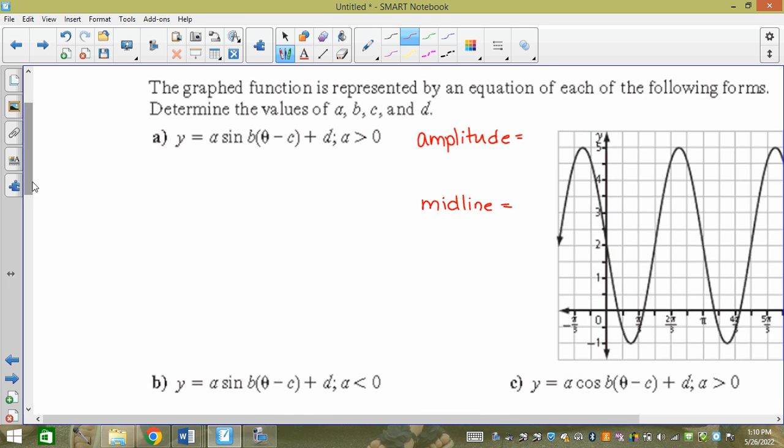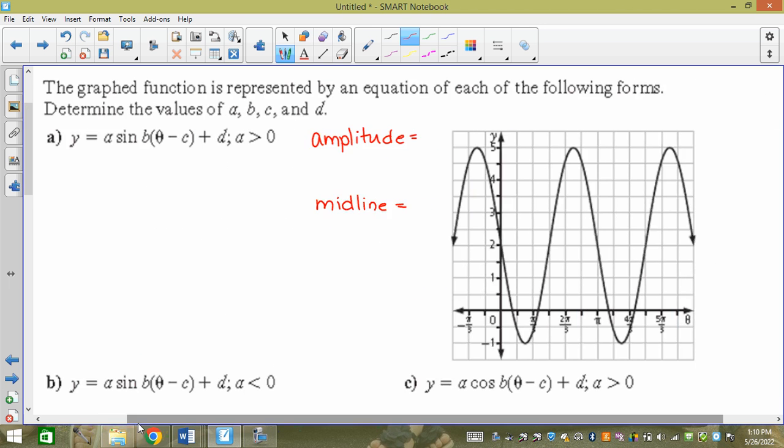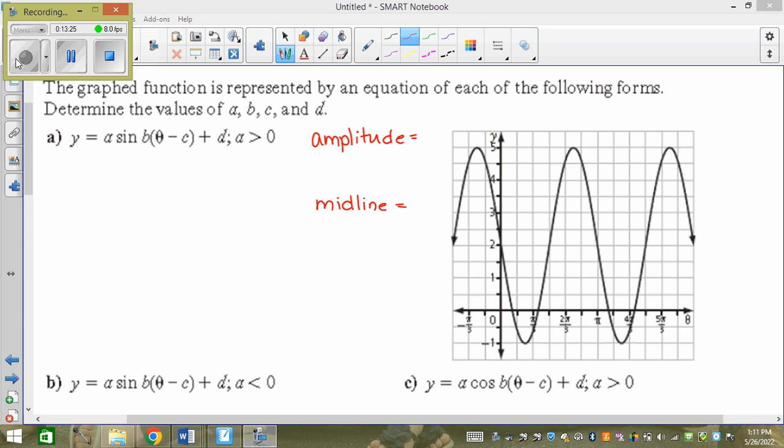So you guys are doing this one. Amplitude and midline. So the amplitude is the absolute value of the max, which is 5, minus the min, which is negative 1, divided by 2, which is 3, because it would be 6 divided by 2. Or we can count it. 1, 2, 3, 4, 5, 6 divided by 2 is 3. So I count up 3. 1, 2, 3. I count down 3. 1, 2, 3. And we meet at